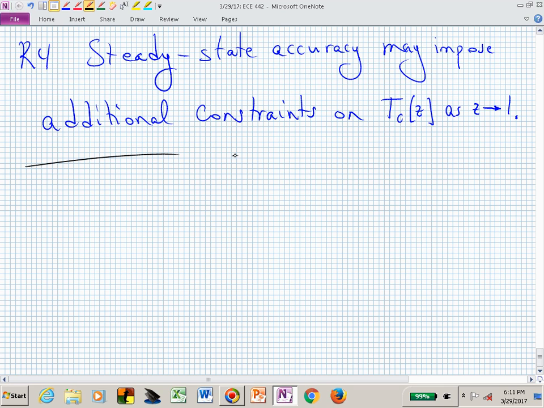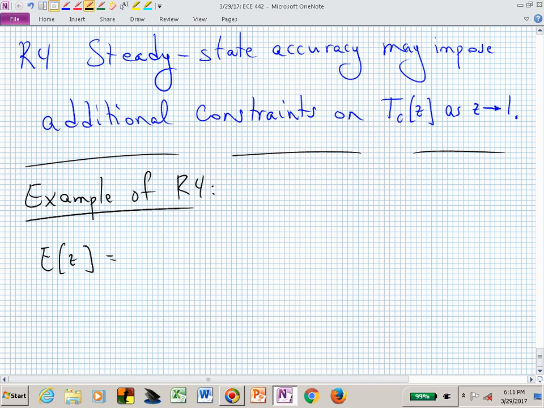As an example, in our block diagram where we had unity output feedback, the E of Z was this difference between where we wanted to go, R, and where our output went, Y. E was the output of that leftmost summing junction, and that was R minus Y. But we can rewrite Y in terms of R.